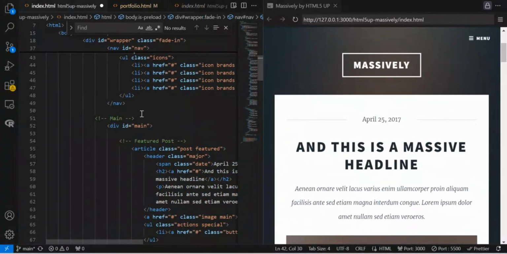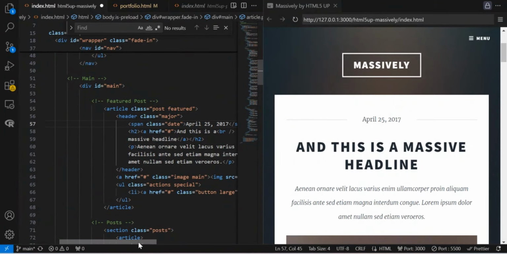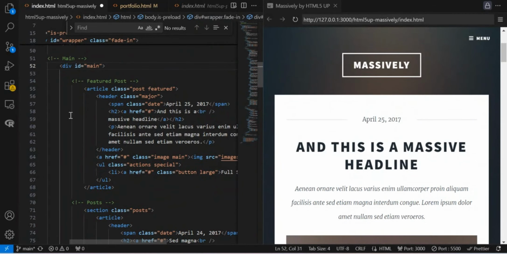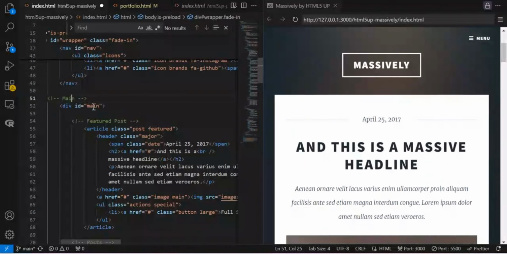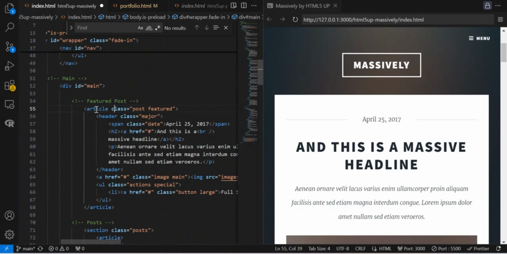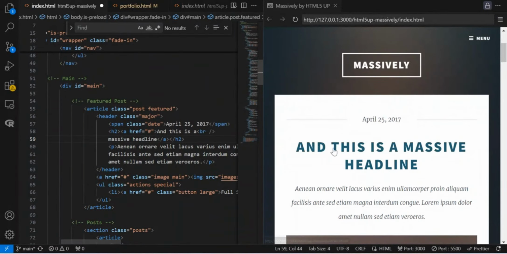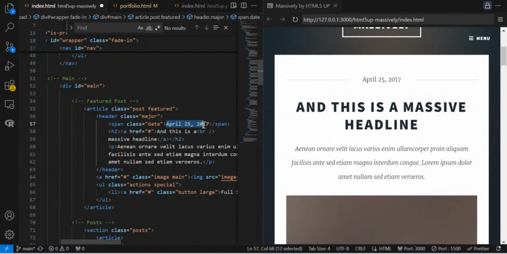So once you are done, you can also declare a main. This particular main just helps you to put all the items you would like in your portfolio together. And inside the main, you can have, for example, different articles. But here you could see that they have just one article, and this article is this.